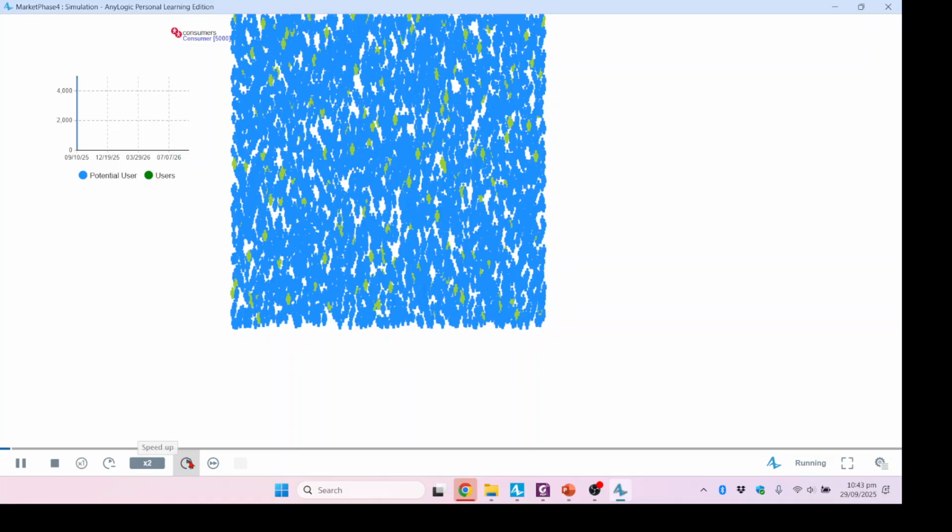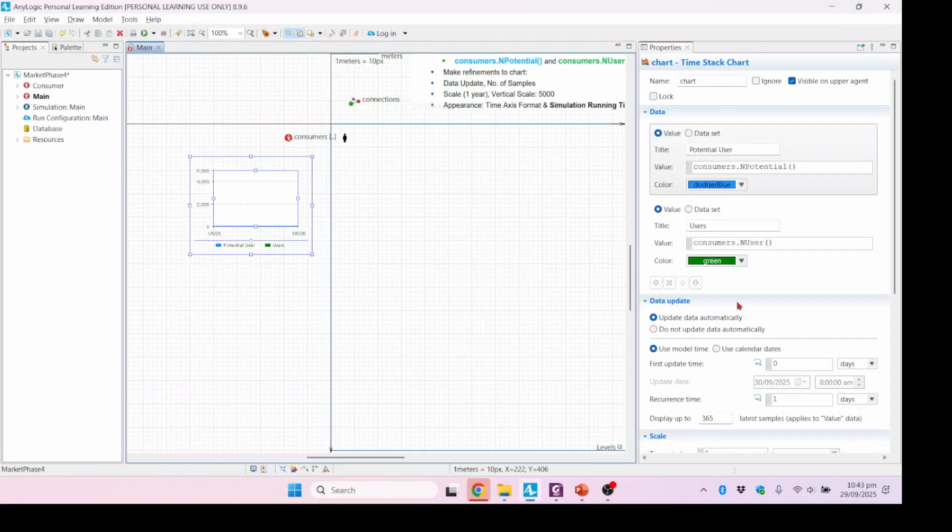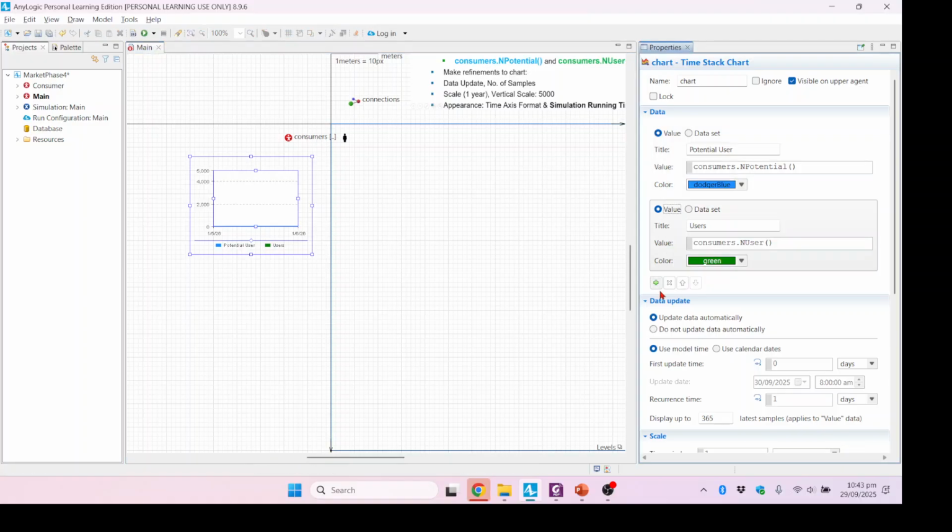So if we just start running a little faster, or just run it to the full space. Oh, okay, so there is something wrong here. I have not adjusted these statistics accordingly, so let me make a small adjustment here. We can move the user upward and then the potential user downward. So if we run it again,